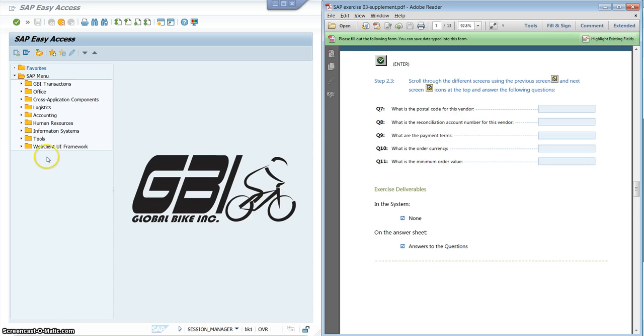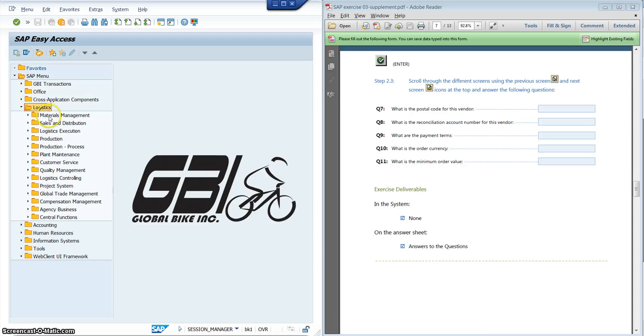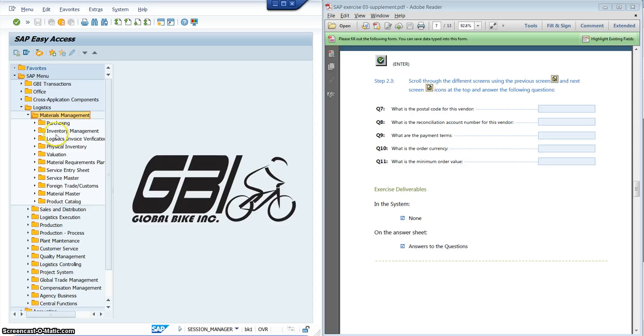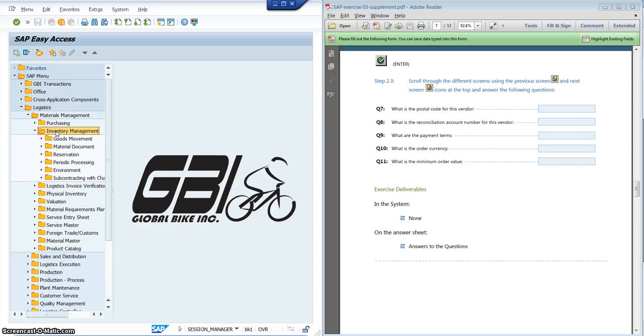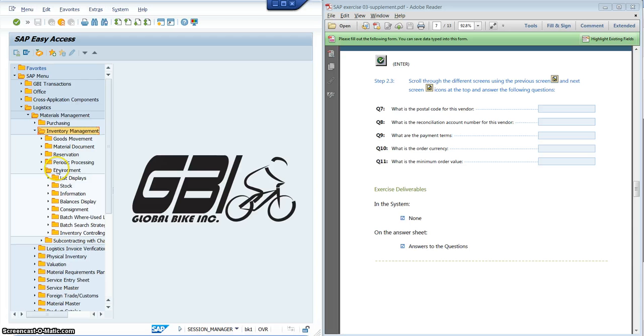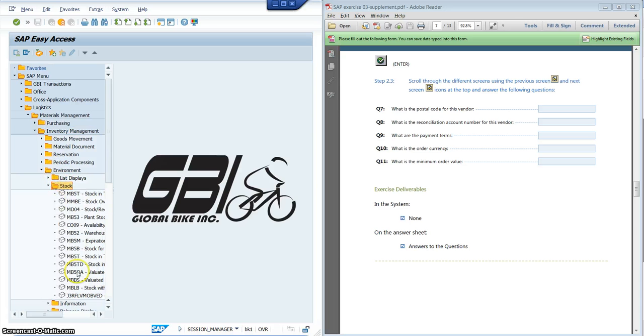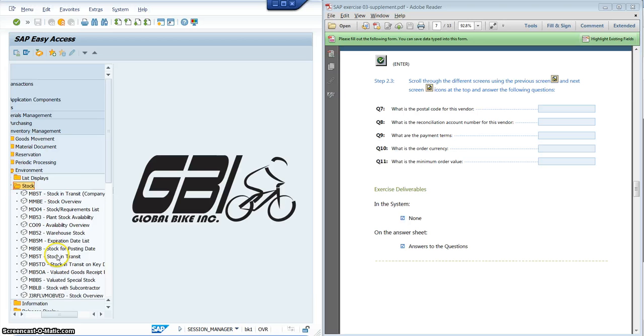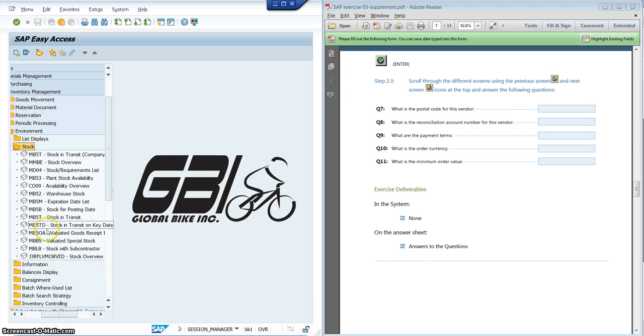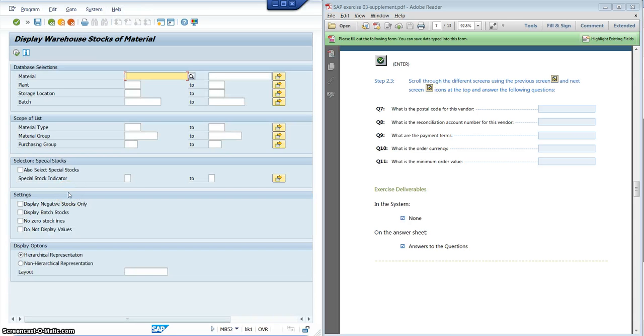in the D2L. So first go to the SAP system, go to logistics, go to material management, go to inventory management, go to environment, and then go to stock. There are many things you can choose from. This one we will choose warehouse stock. So we'll see how many materials are stored in your warehouse. Double click on this, and then